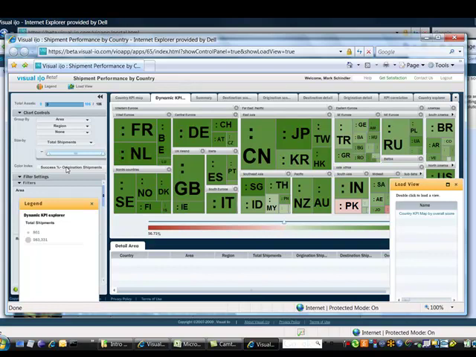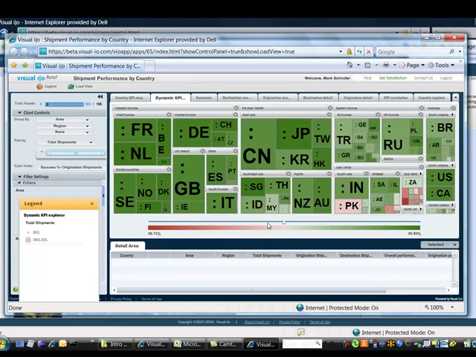Now I can have some fun. Just below the map is a color index slider. This slider lets you dynamically set the threshold value for what shows as green, good, and red, not so good. When I first grab the slider, you can see it's set by default at about 76%, the midpoint for this metric. If I drag it to the left, say to 61% or so,